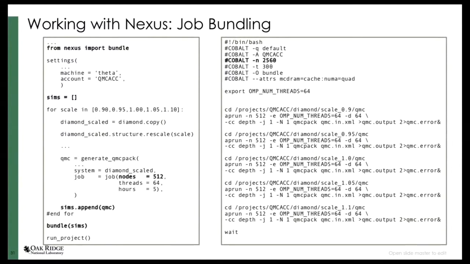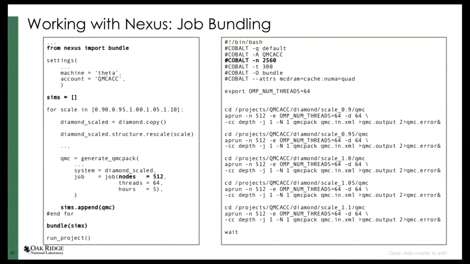Now I'm imagining that I'm doing something very simple like an equation of state in diamond, where you now have a loop over different scaling factors. You're taking the diamond physical system and you're rescaling all the coordinates by some amount, 90% compressed, 10% expanded, and values in between. Each time you have a QMCPACK run at a different location, and you want each of